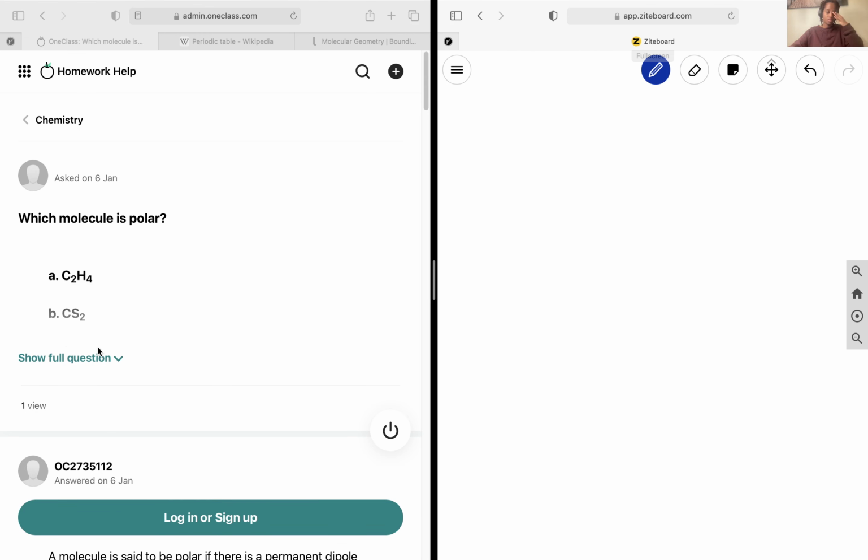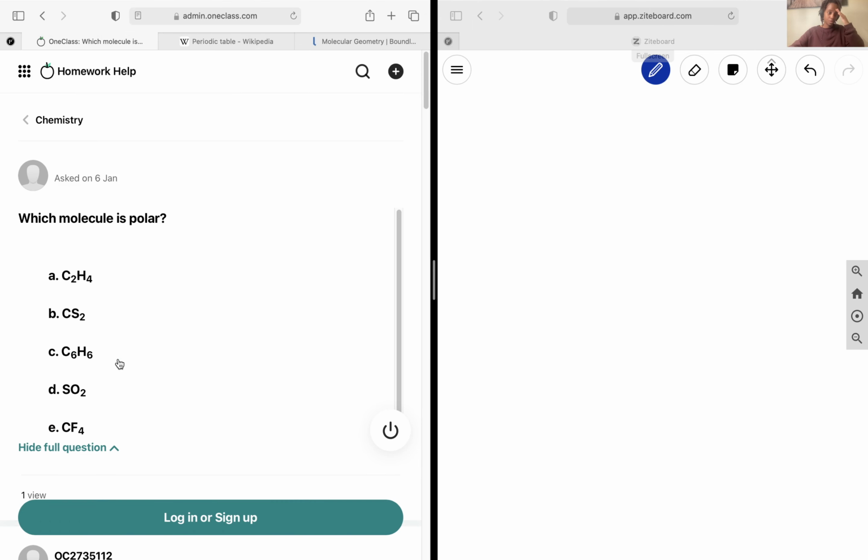Next up, we want to figure out which molecule is polar. So first, in order to determine polarity, we need to find the Lewis structure, and from there we find the molecular and electronic geometry, and then we figure out whether it's polar by examining the symmetry of the dipole moments and seeing if they all cancel out to 0 or are non-zero, in which case it would be polar. So if we start with C2H4,